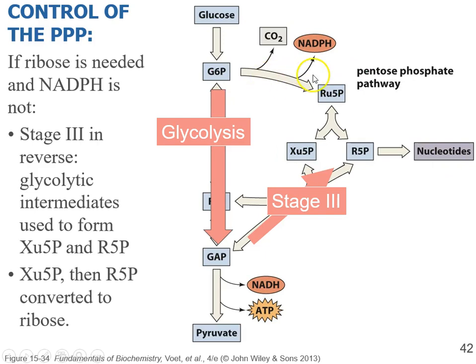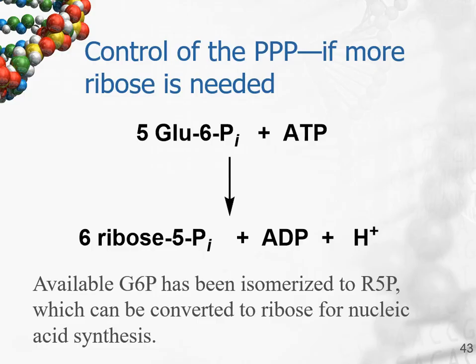In this case, we don't carry out stage 1 at all. It doesn't make sense to carry out the oxidative branch if NADPH is not needed. So that's the important reaction right here, that we're using our glucose 6-phosphate to make as much ribose 5-phosphate as possible. So again, if we were to add up all of those reactions, we would find that the net